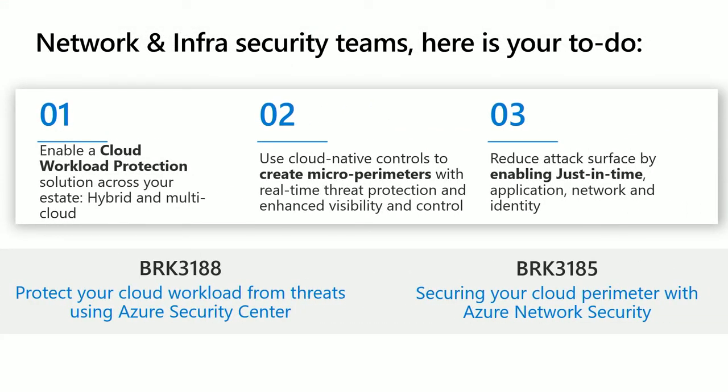One before last, network and infrastructure. So we put them together. First, you want to have visibility on your workloads. Super important. You have a cloud workload like Azure Security Center, but you need to have visibility into your workloads, so you start mapping them and understand the relationships of what is a workload, how many servers you've got there, how many PaaS services I've got there, and start really having this visibility into their security posture. We have tools like Azure Secure Score to help you understand the state, because you don't have visibility necessarily into every single workload, let alone know when it's managed by the DevOps teams. So you need to create that visibility.